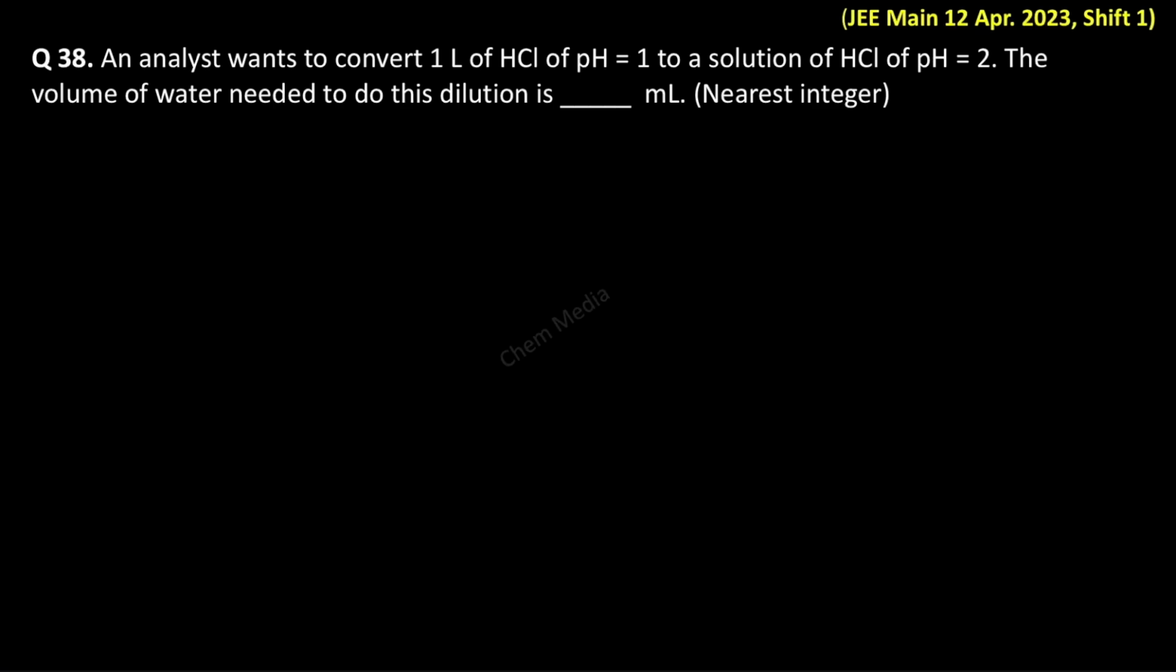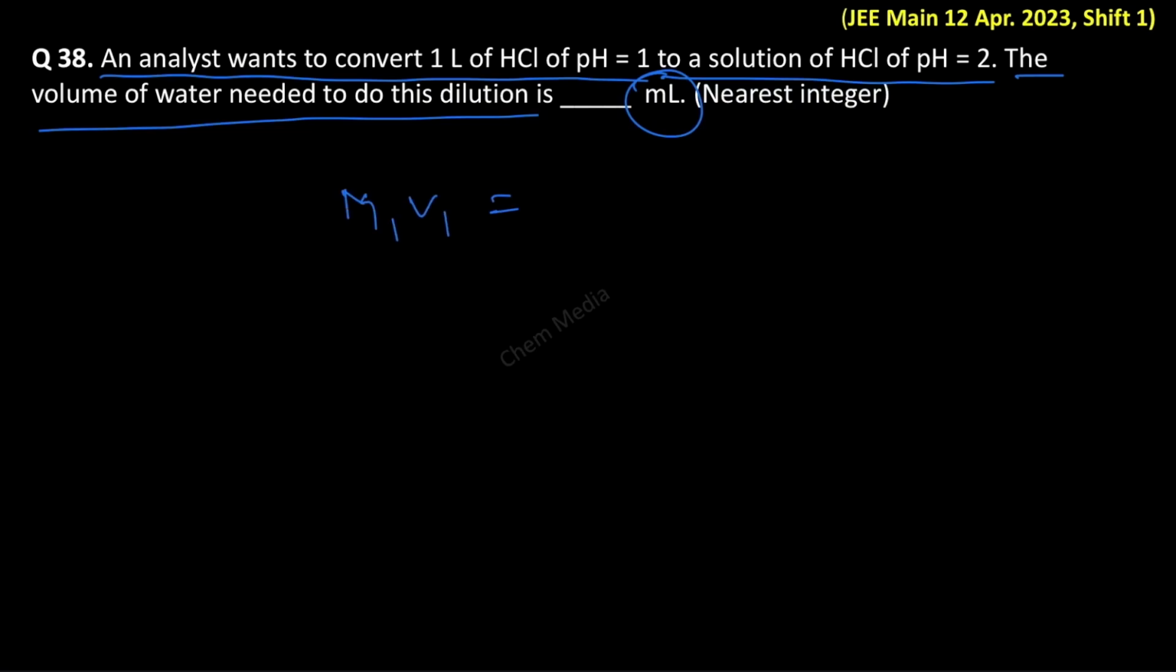Here is a question based on chemical dilution. An analyst wants to convert 1 liter of HCl of pH equal to 1 to a solution of HCl of pH equal to 2. The volume of water needed to do this dilution is how much in terms of milliliters? We know that as per chemical dilution,